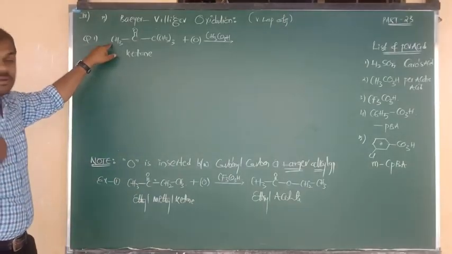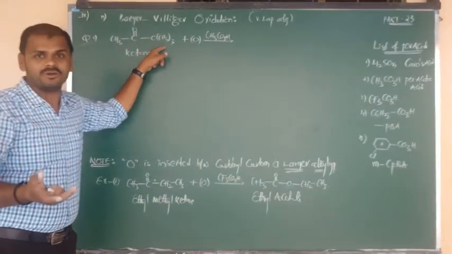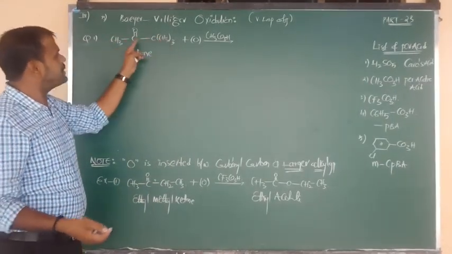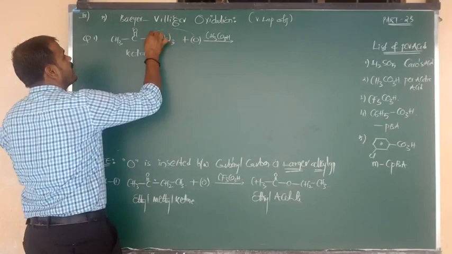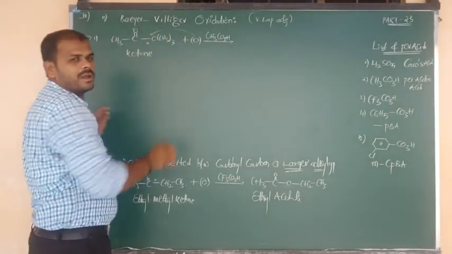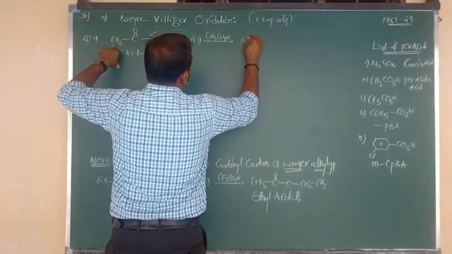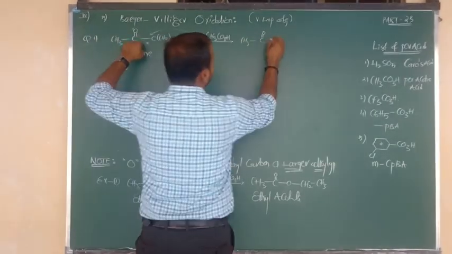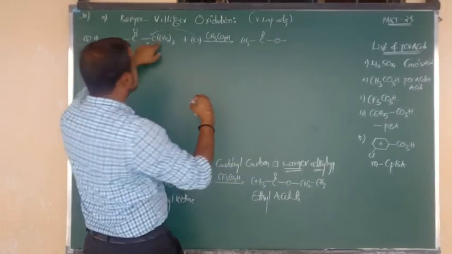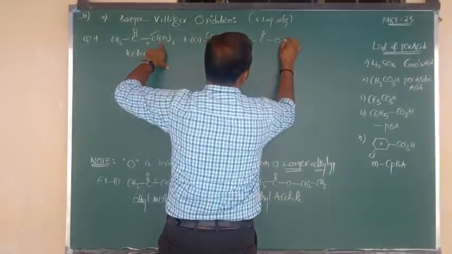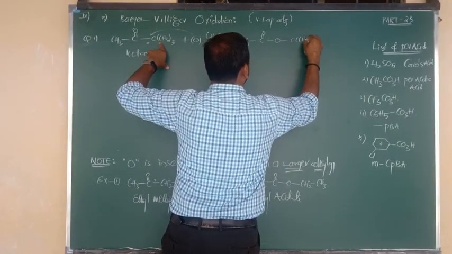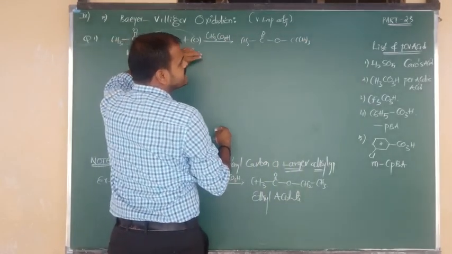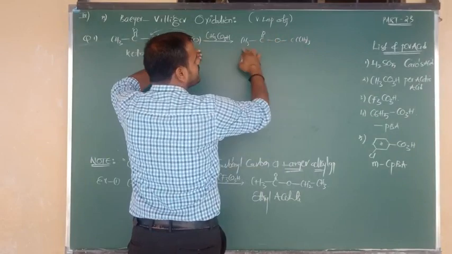One is methyl, a simple group, and the other is tertiary butyl, the larger alkyl group. So oxygen insertion takes place between methyl and carbon, or tertiary butyl and carbon? Tertiary butyl to carbon, because it is the bulky group. So what can we write now? CH3 bonded to C double bond O. After the carbonyl carbon we insert the oxygen, because after that the larger group is there, that is C in bracket with CH3 taken thrice. So what is the name of this compound? Tertiary butyl methyl ether.